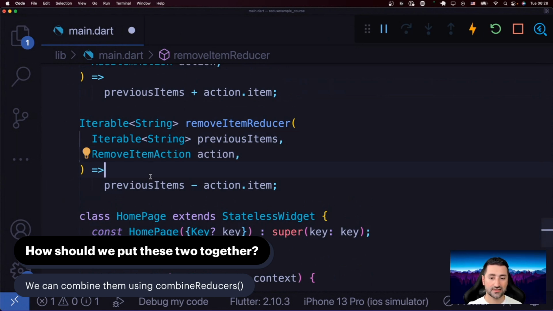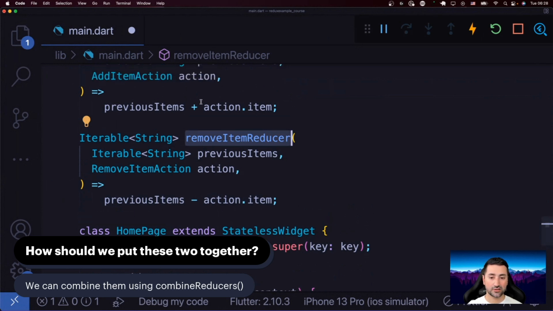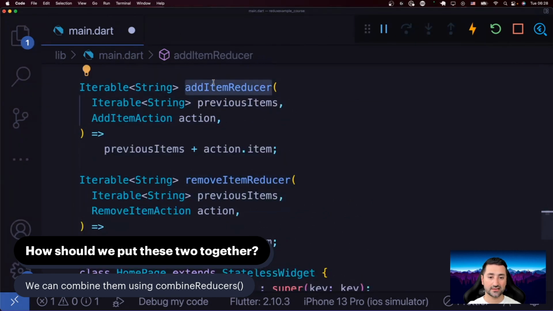What this function really does is that it takes your types that you provide in here, like these different reducers, and when we plug it in later into our store, the store is able to look at that function and say, okay, I'm going to go through all the functions that you provide to me. Add item reducer. What parameter or what action is it handling? Add item action. Okay,